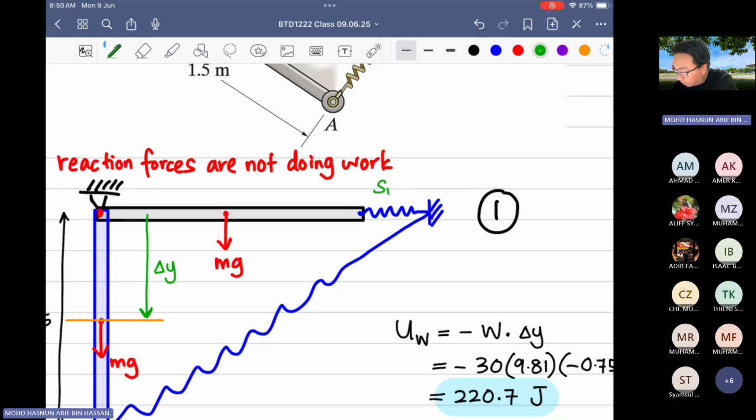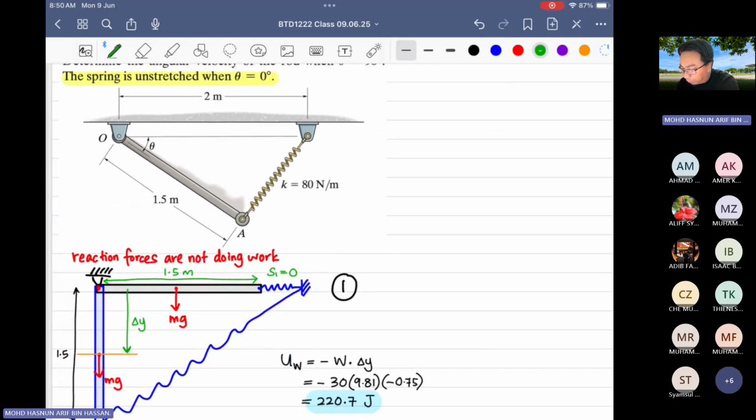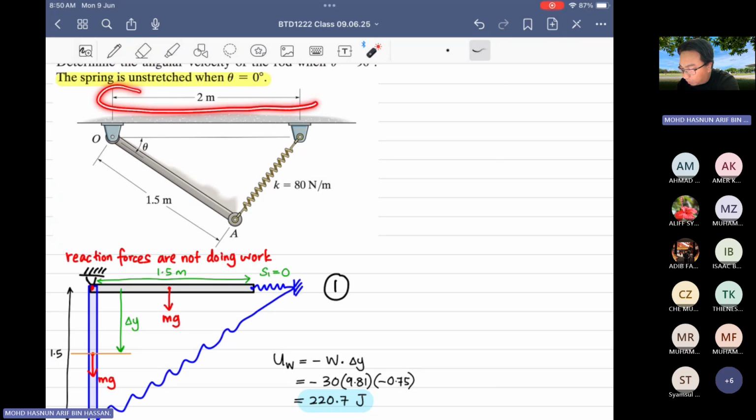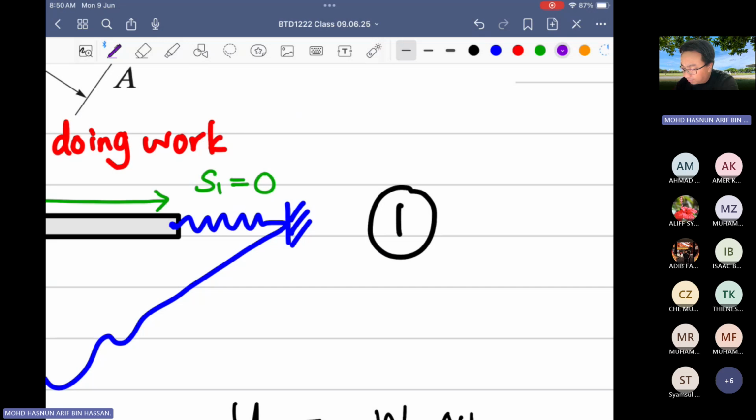It means that S1 is equal to 0, because it is unstretched. But we need to know what the unstretched value is. We know that the length of the rod is 1.5 meter, and from the figure we can see that this is 2 meters, the total length from O to the spring's fixed point. So we know the unstretched length of the spring is,